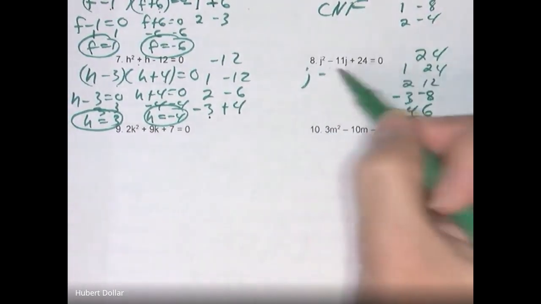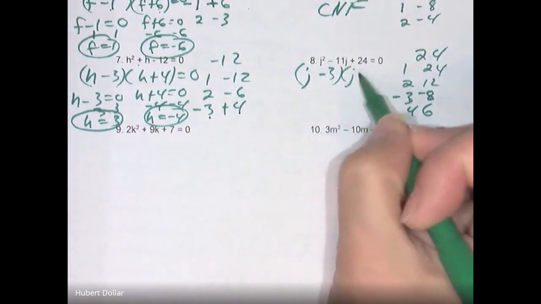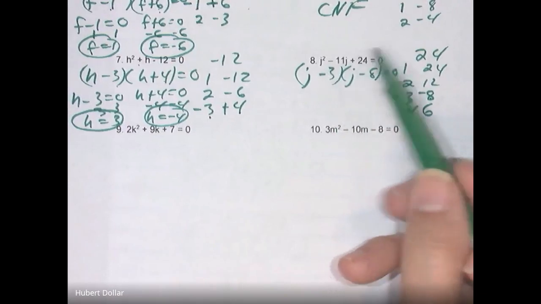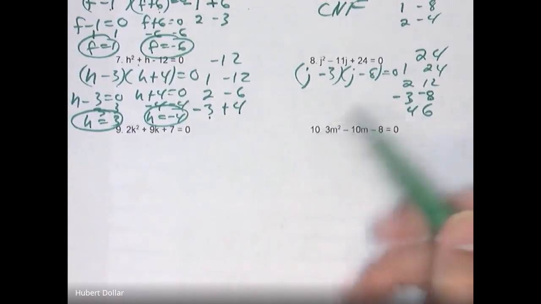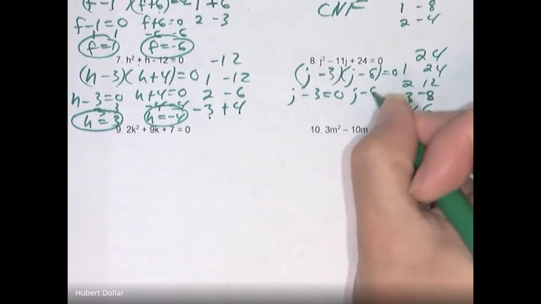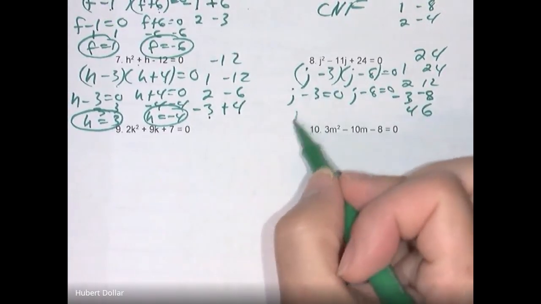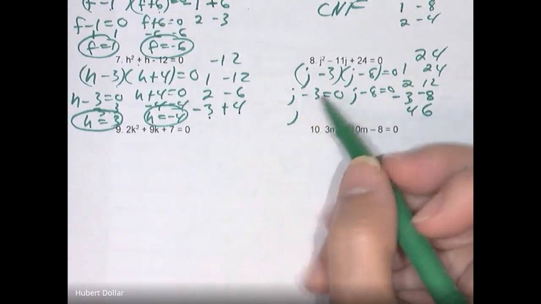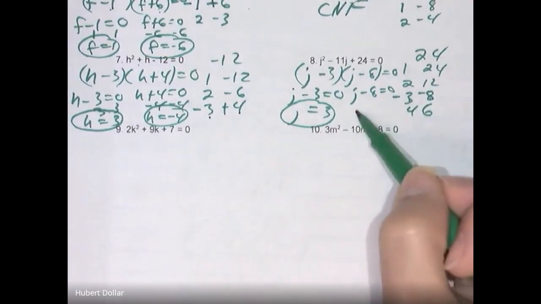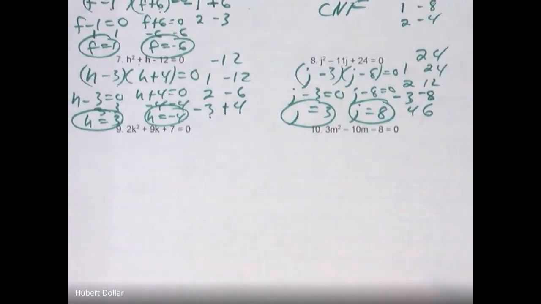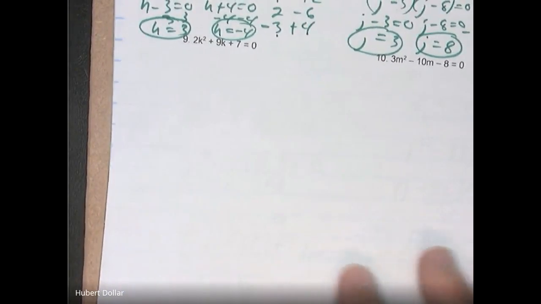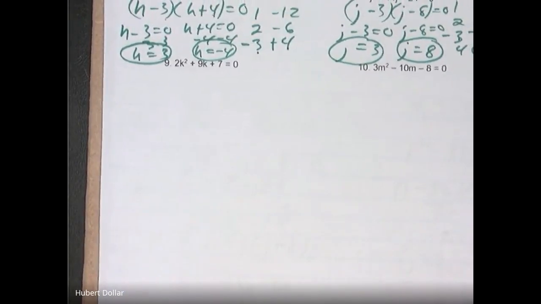So (j minus 3)(j minus 8) equals 0. Negative 3 times negative 8 is positive 24. Negative 3 plus negative 8 is negative 11. Zero product property. The opposite of subtracting 3 is adding 3. The opposite of subtracting 8 is adding 8. And there are your answers. Now, the last two examples are a little more complicated because there is a coefficient